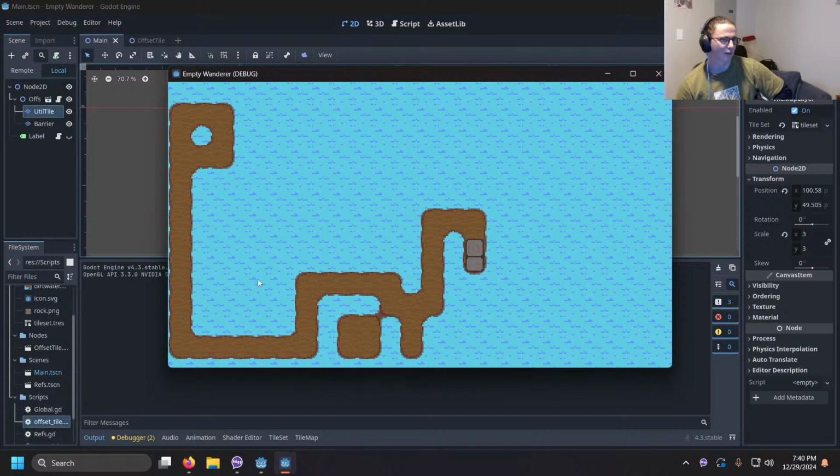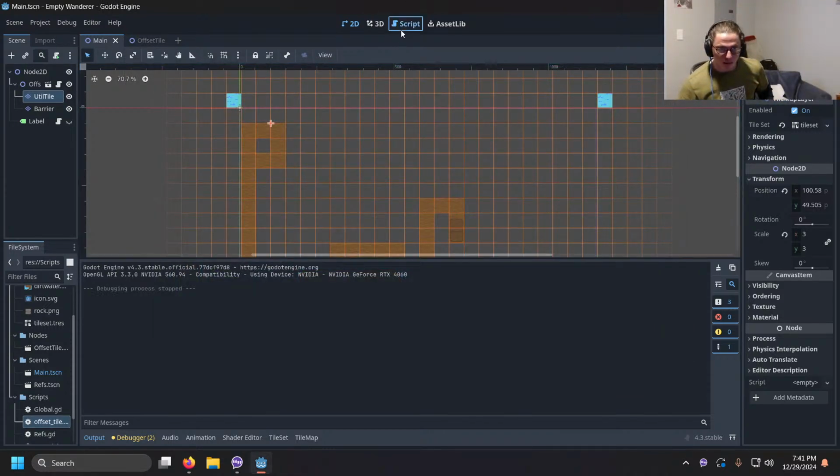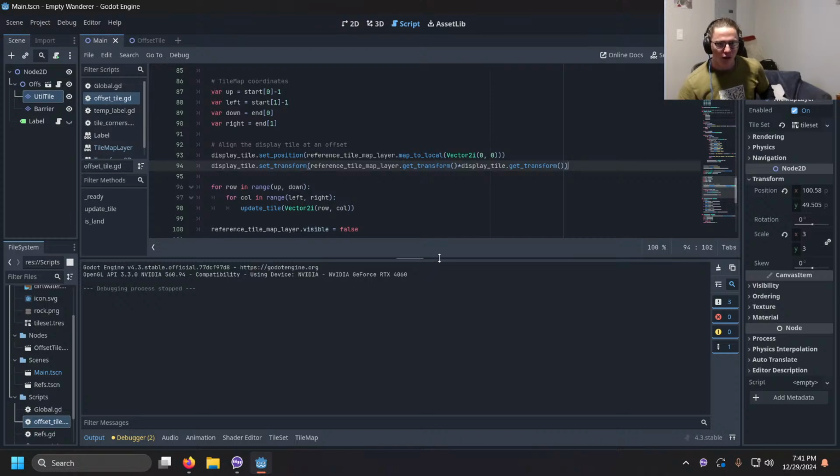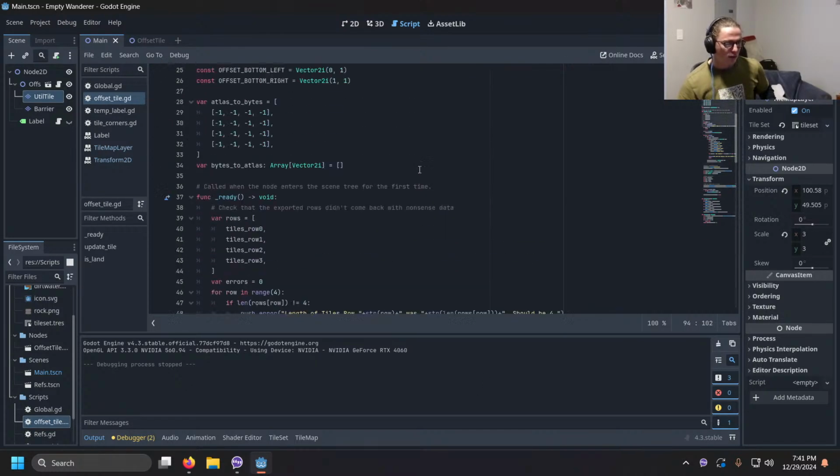Improvements I'd like to make are that currently it only works with two types of terrain, in this case dirt and water. It'd be cool to have it be generalizable to work with multiple types of terrain. The way it's set up does make that complicated. I'm trying to set this up in a way that wouldn't work for a particular game, that you could kind of drag and drop into working in various games. The immediate idea, which is worse, of how to make it work with multiple types of terrain is